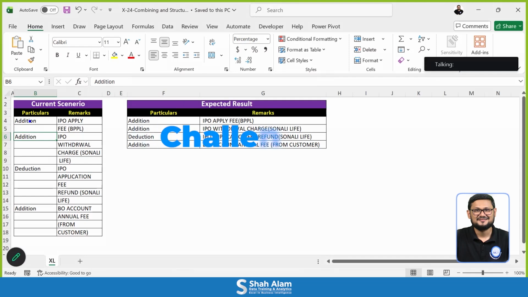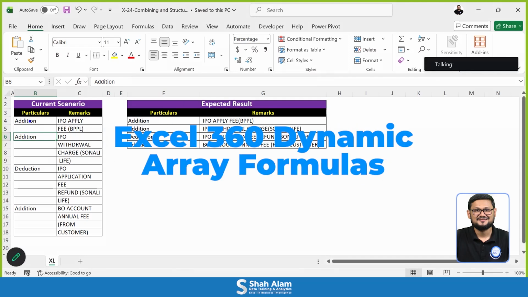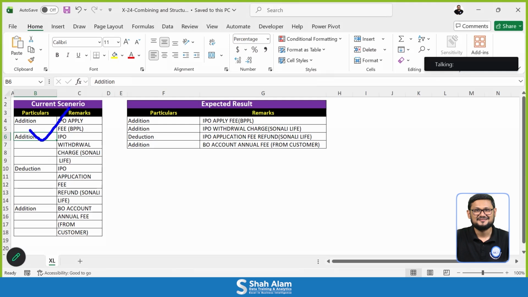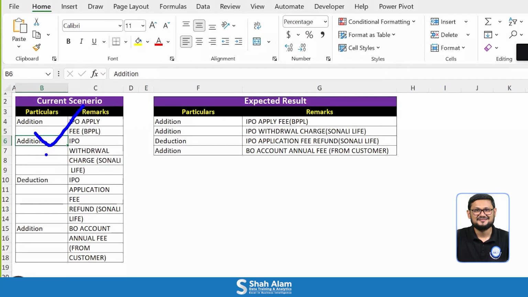Today I will solve challenge 24 using Excel 360 dynamic array formulas. So this is my current scenario. I have a table with two columns, particulars and remarks. The remarks column contains multiple line text and I want to transform each line text entry into a single row